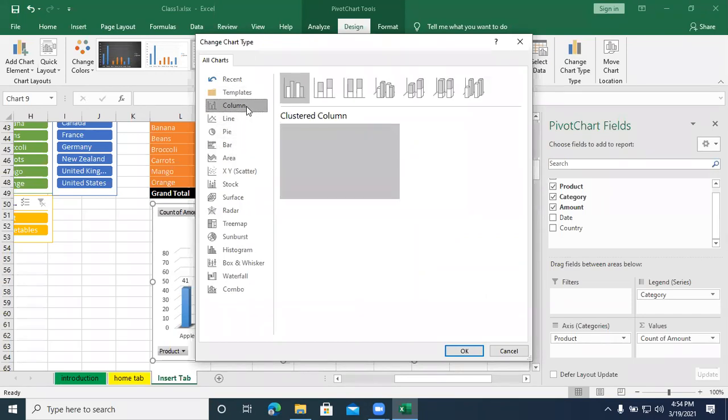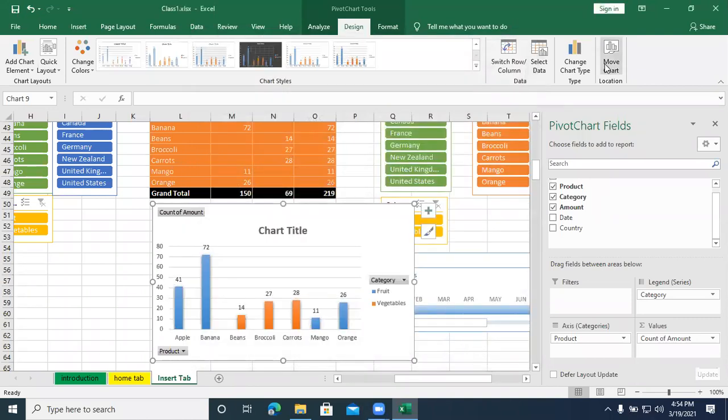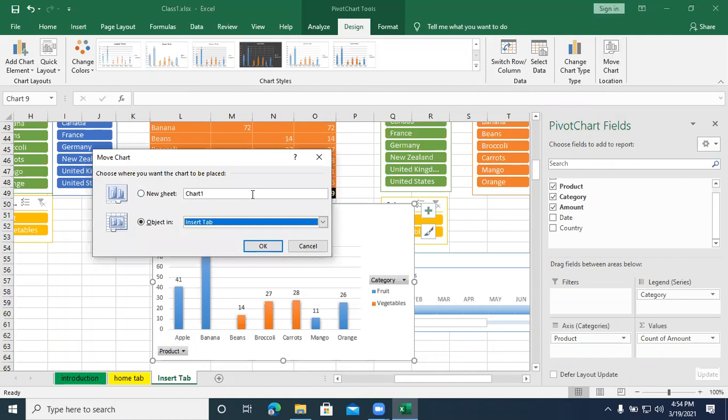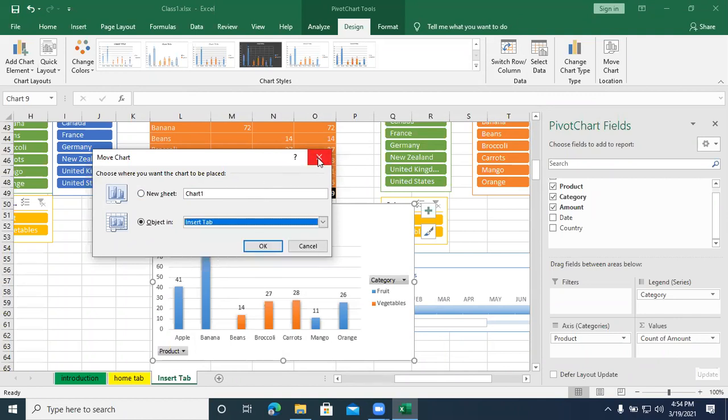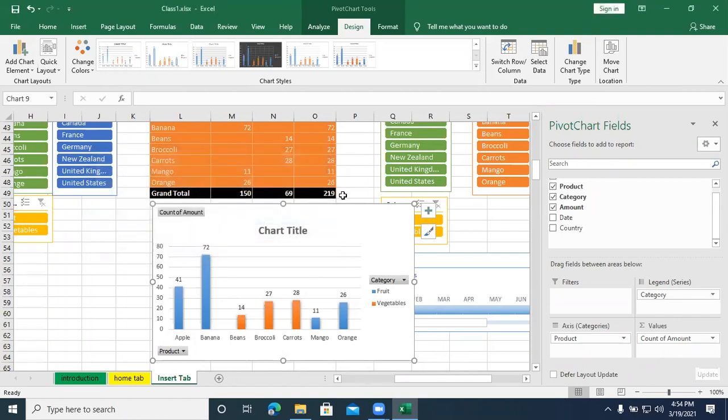I take column only. You can move this chart into a different sheet. Move chart where you want, in an existing sheet or a new sheet. So you can choose the workbook sheet name, or as a new sheet it will be inserted with the name Chart1. This is move chart. I'm just cancelling this move. Let it be on the same page.